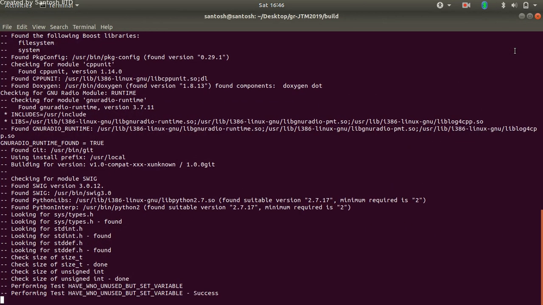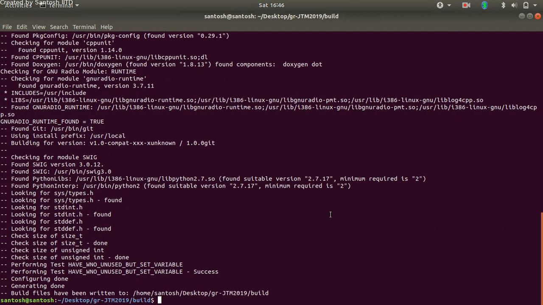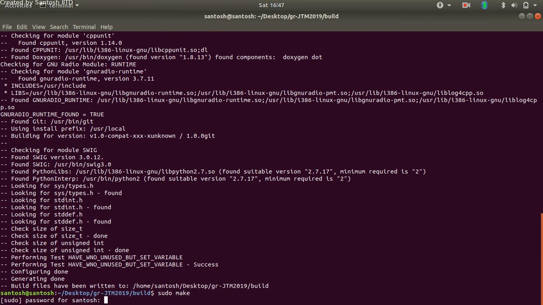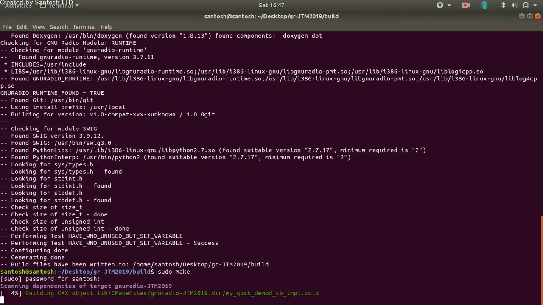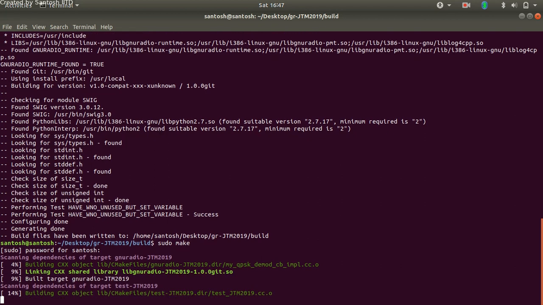Basically this block we have cmake, and now let's sudo make. So this is coming, and this block is now being created, and it's installing and linking with all the files they have.